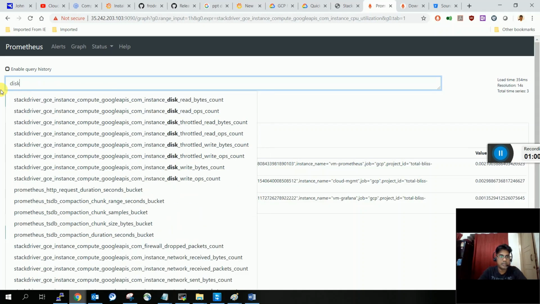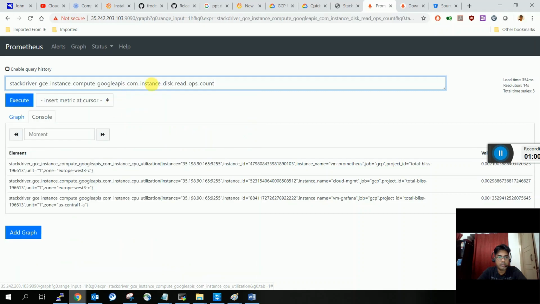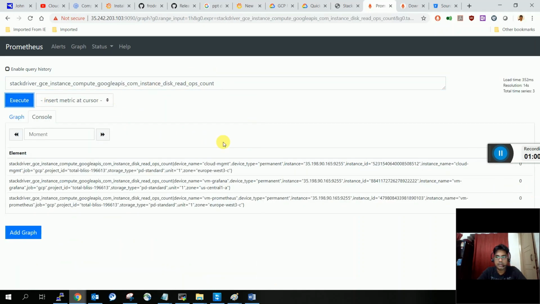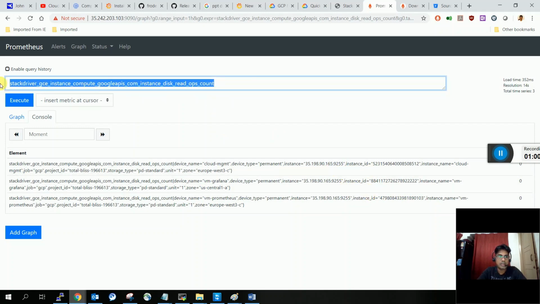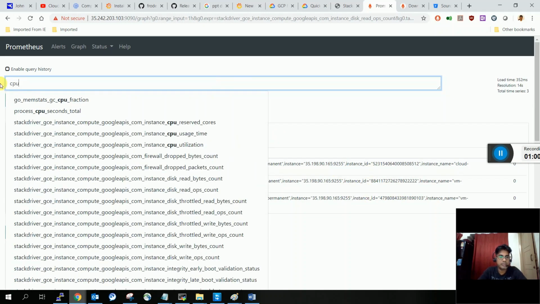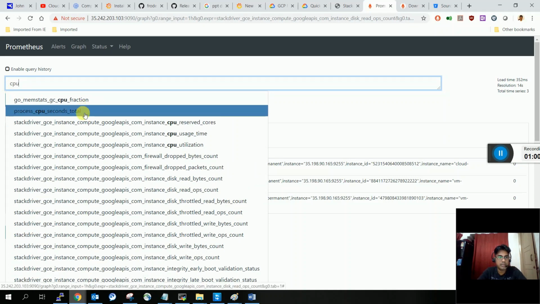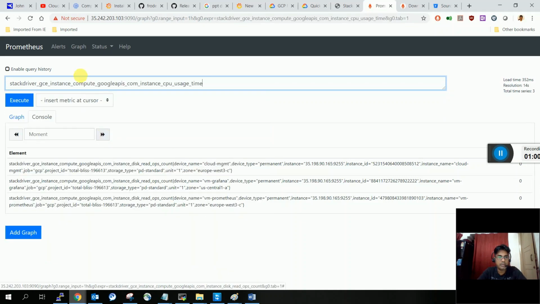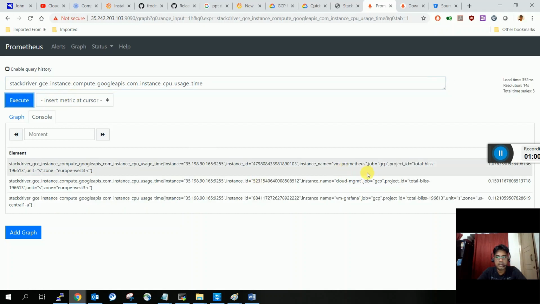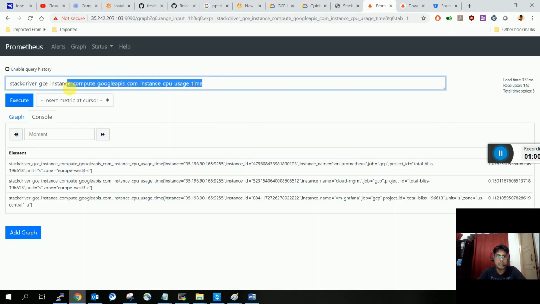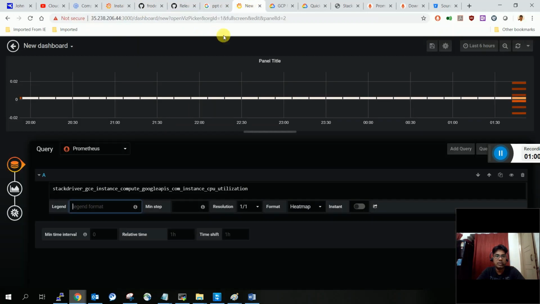Disk usage. You're getting a disk read output. Try to execute here. You're getting some output, because you don't have any disks attached to these VM instances. So maybe we can just try to get the CPU usage or process seconds or usage time. Execute it. So you're getting some values. So Prometheus is being used more. Yes, of course, we are using the Prometheus server by configuring it. So we are trying to get another metric